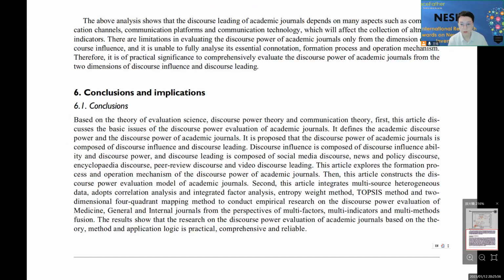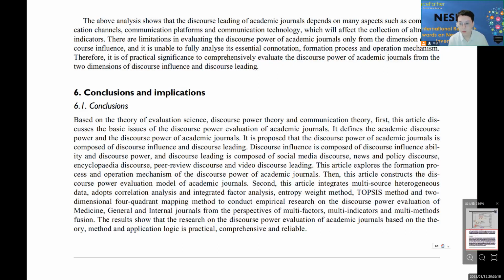It is proposed that the discourse power of academic journals is composed of discourse influence and discourse leading. Discourse influence is composed of discourse influence ability and discourse power, and discourse leading is